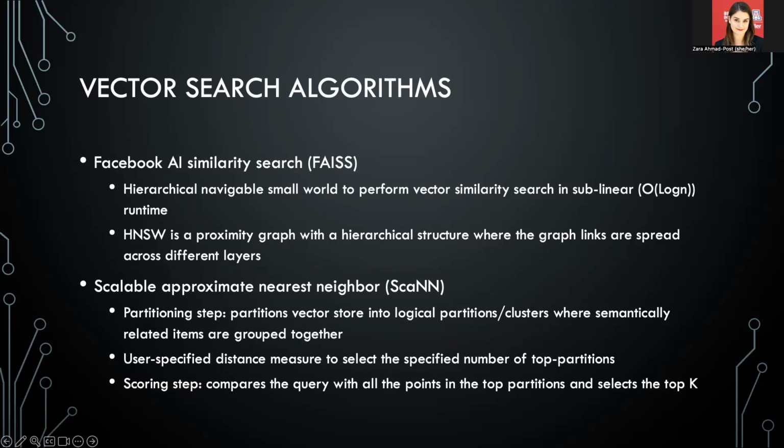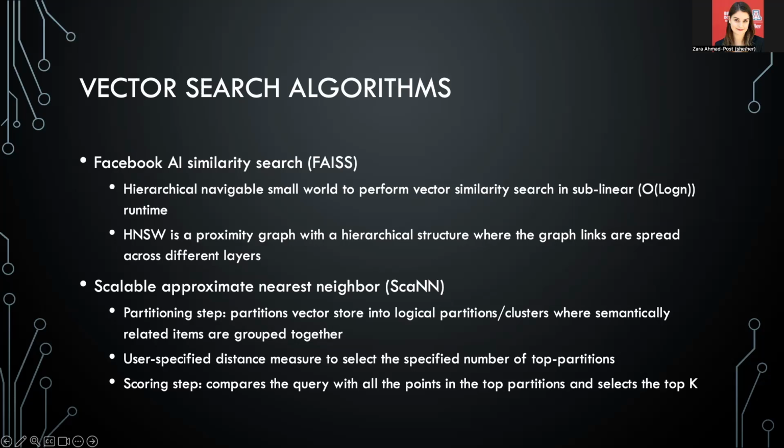If we are trying to find the most similar sentence in an entire corpus, using the embeddings and doing cosine similarity between each of those vectors, that runs in linear time, because we have to compare each vector to every single other vector. That's not very efficient. So instead, we have other ways of doing it, like clustering, like approximate nearest neighbor. I think Facebook AI similarity search runs in